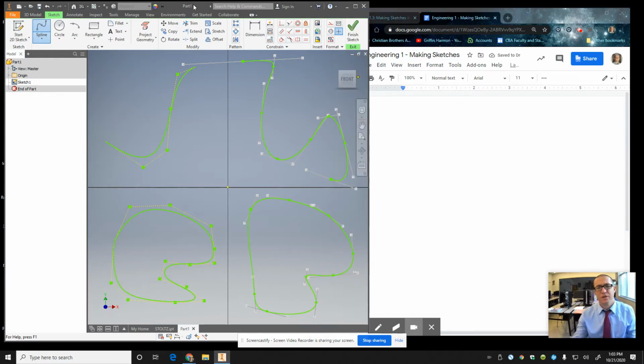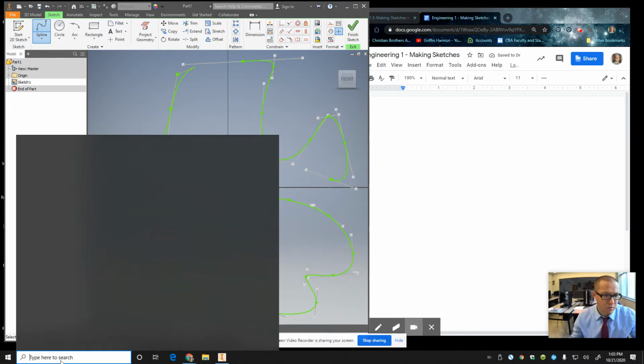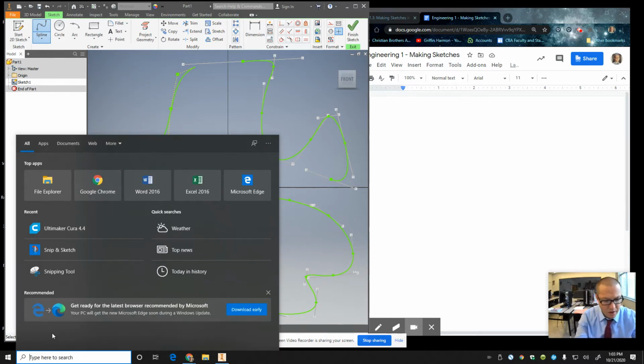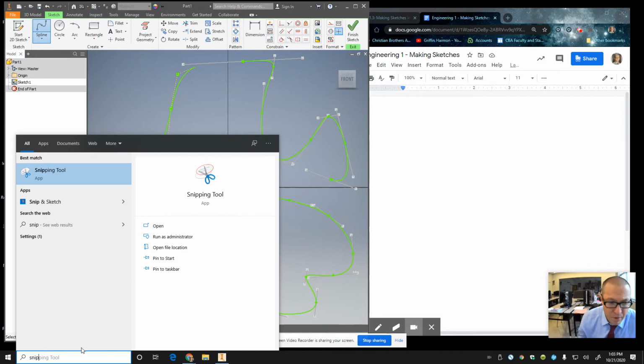So there's a couple ways to take a screenshot. One, well, there's actually 3 different ways. You type in snip into the menu bar down here. If you're on a Mac, you're using Fusion 360. I have to make a different video for you guys anyways, but you're going to do Snip & Sketch. You can also do Snipping Tool, but according to Microsoft, that's going to disappear. So Snip & Sketch